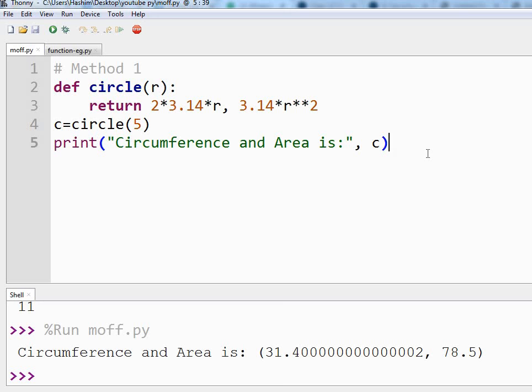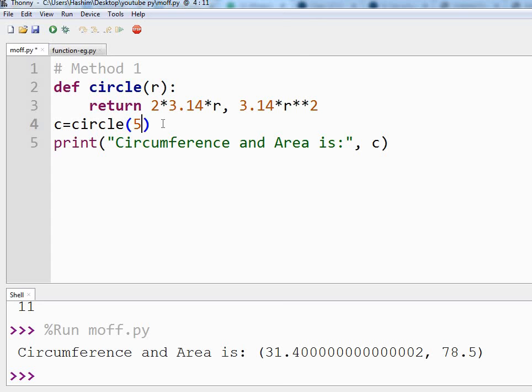For method 1, what we are actually using here is a tuple. This c is actually a tuple. Of course you can have multiple values, but since our function is accepting only one parameter, we can't do that in this program.